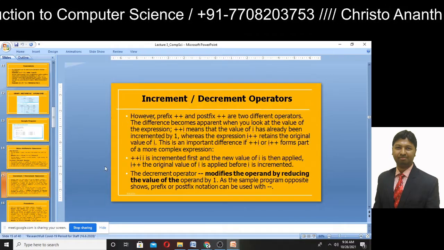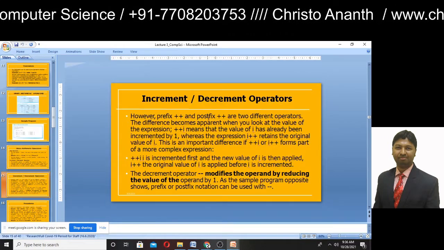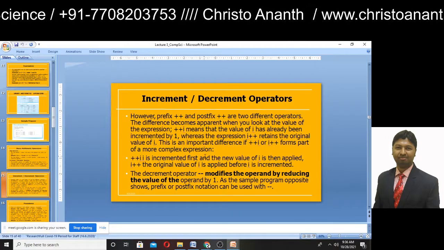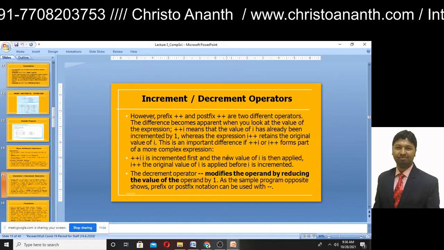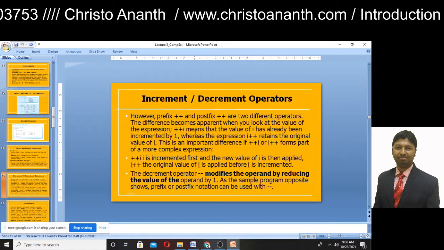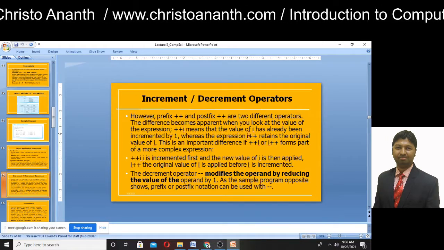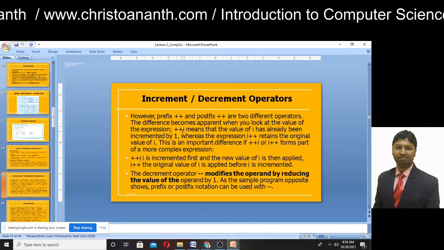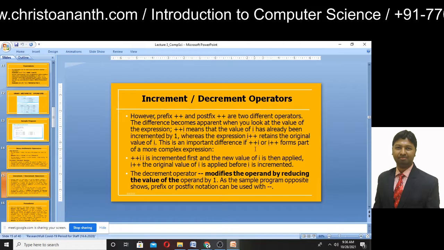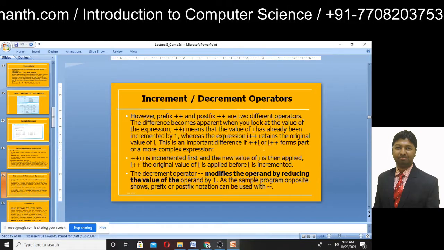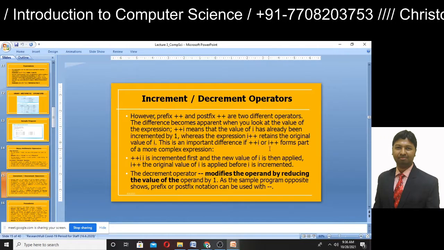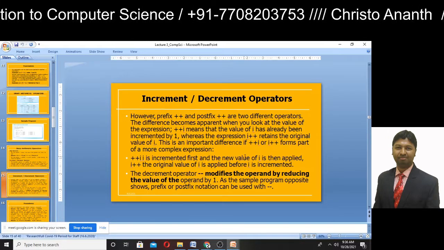Continuing the same, the prefix ++ and postfix ++ are different operators. ++i means that the value of i is pre-incremented. But i++ means it is going to store i and afterwards it is incremented.